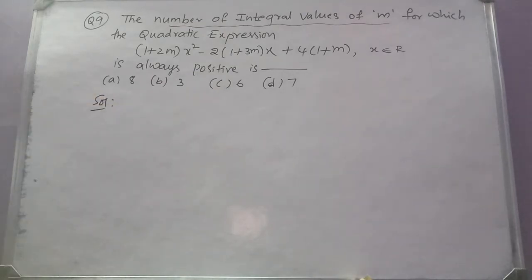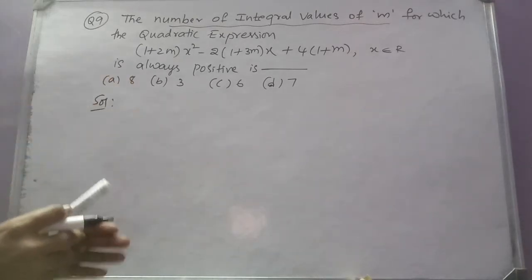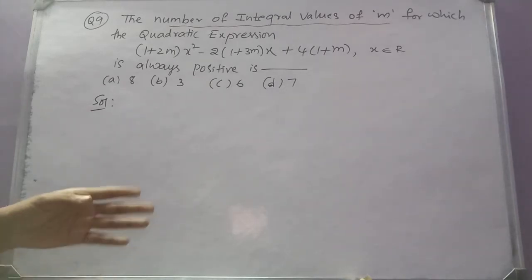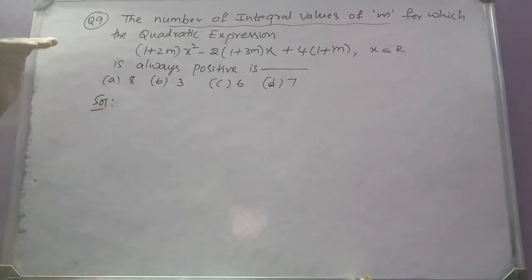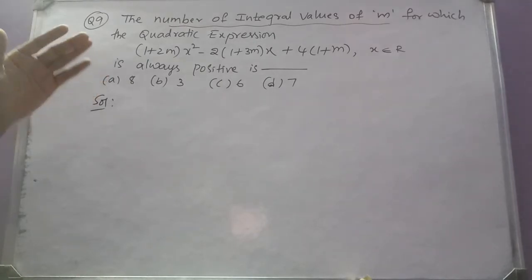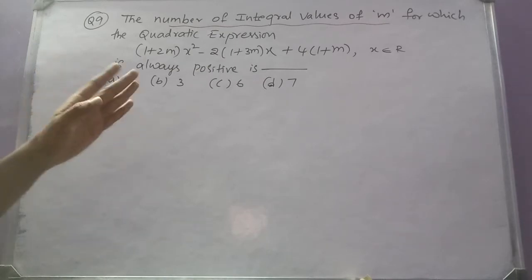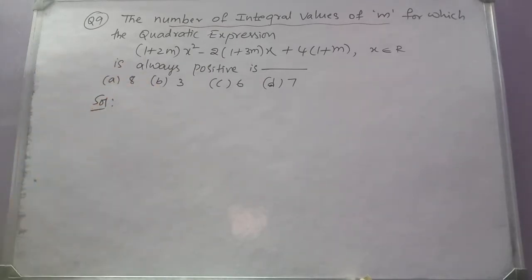So if you have gone through the concept of sign of quadratic expressions, this topic is certainly easy. The graph of quadratic expressions and the sign of quadratic expressions. So if you go through those two topics, very easy. If you have not yet been through the topic, you can go to the playlist of quadratic equations where you can find the topic of graph of quadratic expressions and sign of quadratic expressions. Anyhow, this is very easy itself.